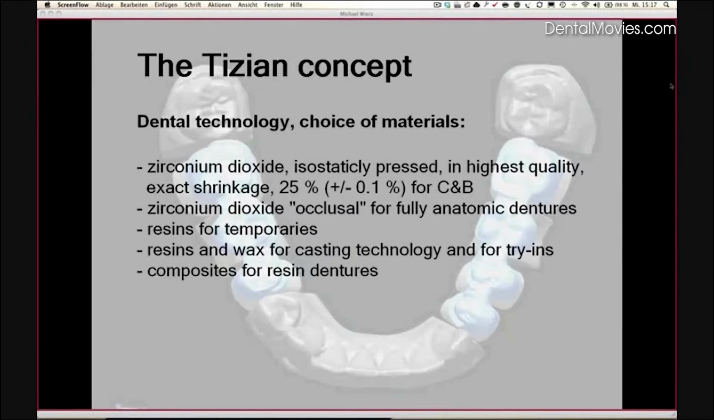Additionally, we have developed a zirconium dioxide material which is suitable for the full anatomic prosthesis production. That means we mill out of a zirconium the full teeth, the whole anatomic structure, and it doesn't have to be faced with a ceramic later on. We call that zirconium dioxide occlusal or translucent because it has a much higher translucidity, 53% by the way, than